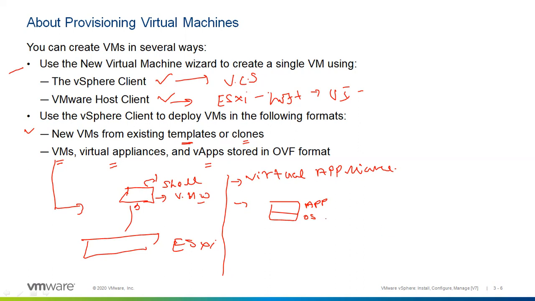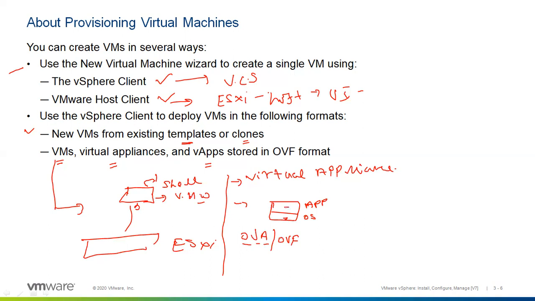When we deploy, it comes in the form of OVA, Open Virtual Appliance, or OVF. These are the formats a virtual appliance comes in. They are available for download from different vendors, like some backup appliance or some monitoring appliance sometimes. Okay, so it is a pre-packaged bundle